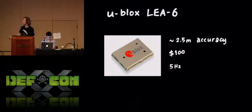So I guess it's probably good to start with a little survey of what's already available. Very quickly, we have something like a u-blox receiver. Really, really amazing receiver. For like $100, you can get 2.5 meters of accuracy, 5 hertz update in position solution. It's small, it's low power, really nice integrated little unit, more similar to what you have in your car navigation system or your cell phone, but it's completely black box. There's not really anything you can tune on it. No parameters to tweak. You pretty much just get what you're given,